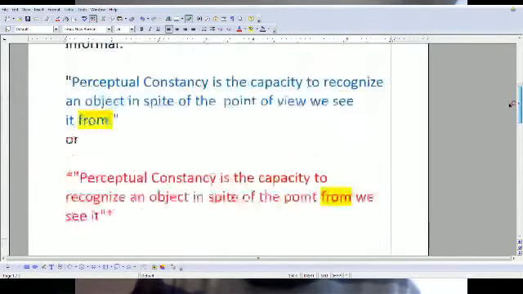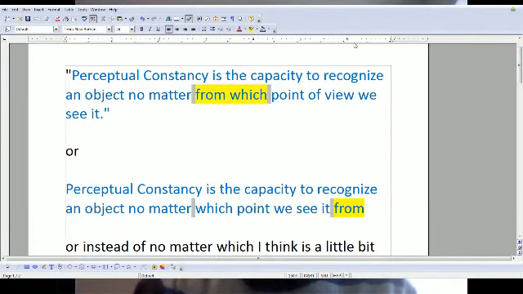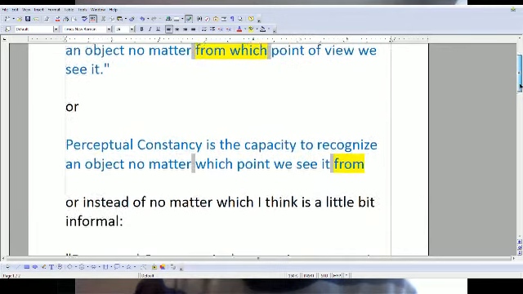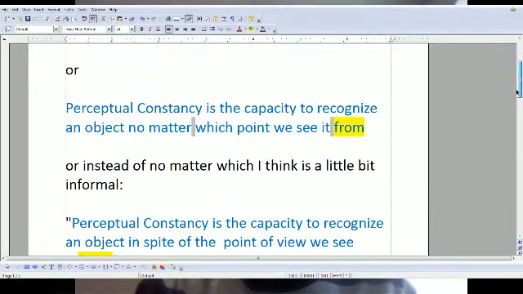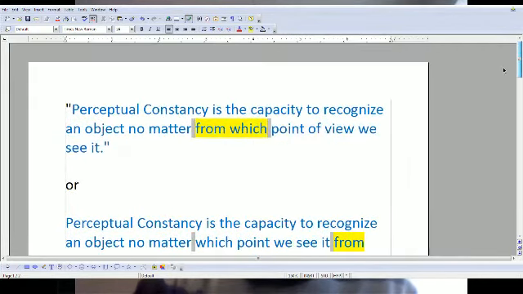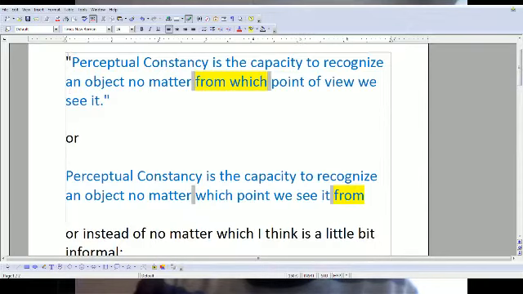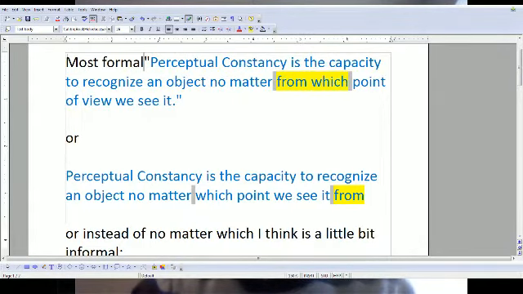Now let's look at the sentences that you wrote here. Okay, so I'm going to say that the very first one that you wrote is the most formal. Right here, and it's correct.